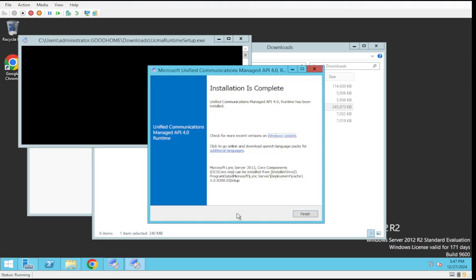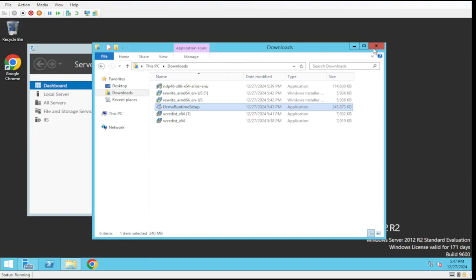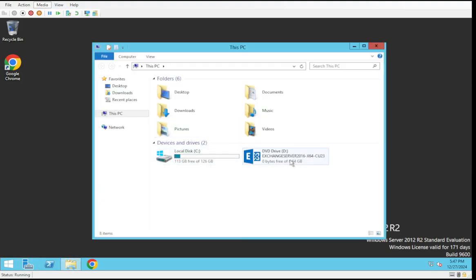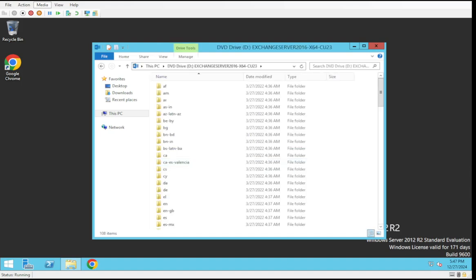And you saw Link 2013 was listed on here. So Link Server 2013 components. So this is very Link chat oriented. So now that those are done, I'm hoping that my drive is still active. Yep, it is. All right, so